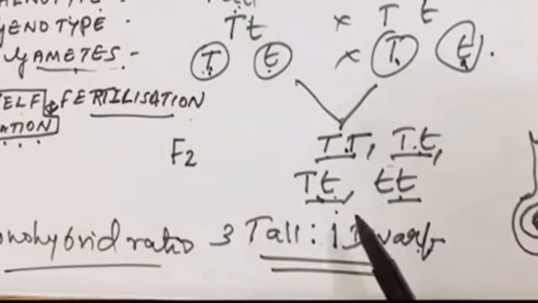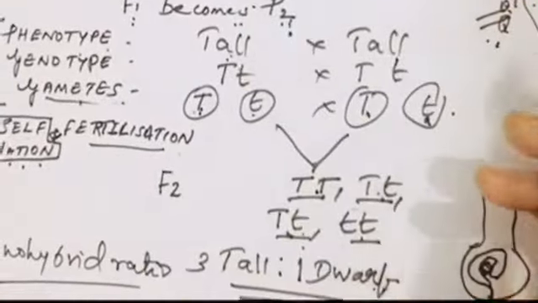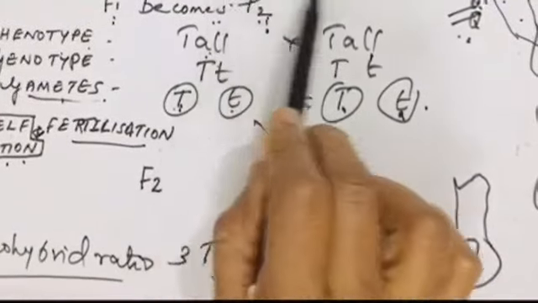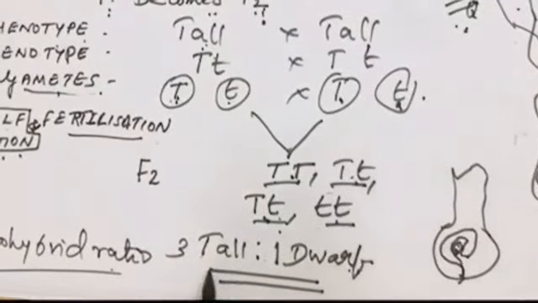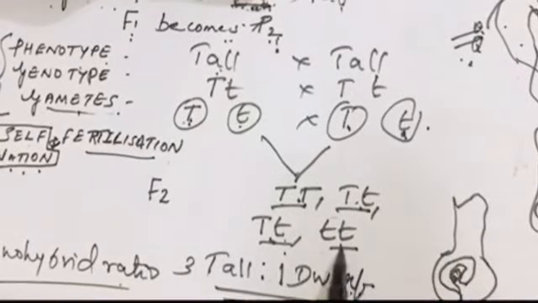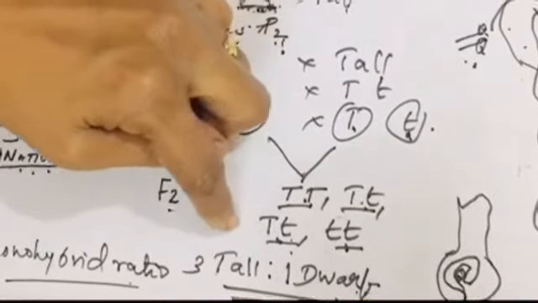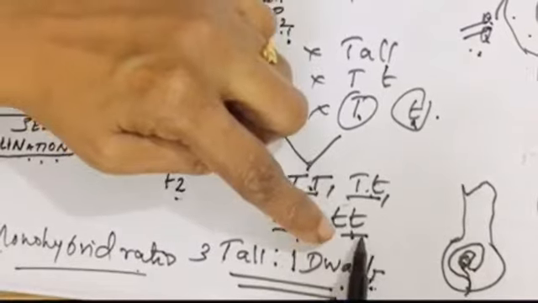He was focusing only on one characteristic. Mono means one. And that characteristic was the length of the plant. And F1 is a hybrid, that is the heterozygous version, not the pure line one. That is why monohybrid ratio. The phenotypic ratio he got like this. If F1 was the pure line breed, never could small t be here. You know that in the F2 generation, 3:1 ratio he got, 3 tall, 1 dwarf. That is 75% tall and 25% dwarf.